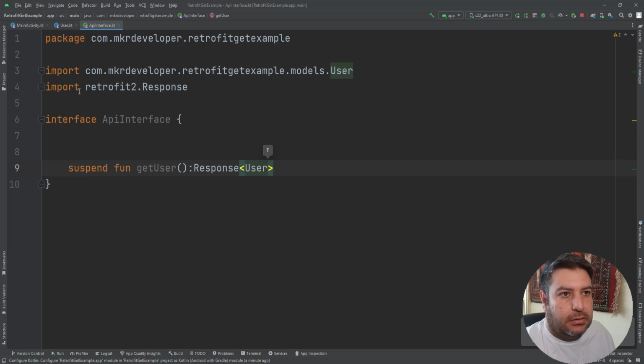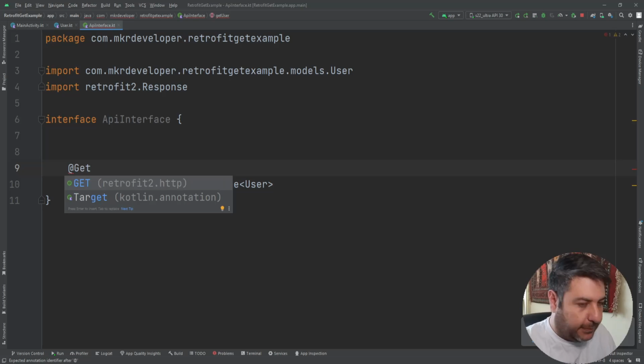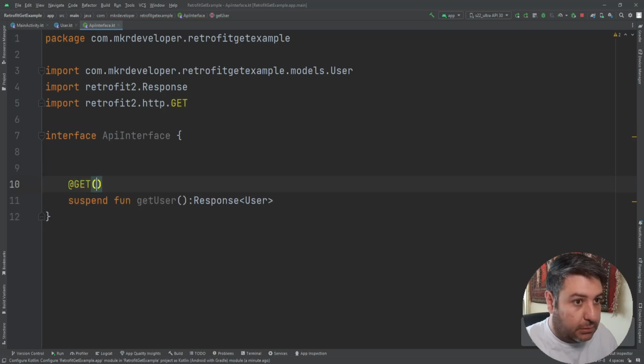Okay, the retrofit library is imported here, and now here we need the get annotation. So at sign get, and here we have to write the endpoint, which was string type slash post slash 1. And we are done here in the API interface, and the next step